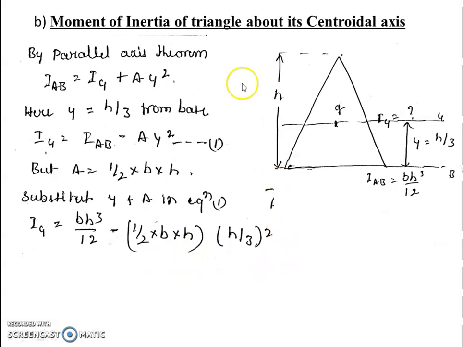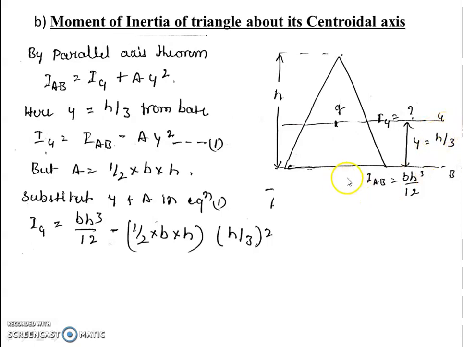Now you will see the moment of inertia of a triangle about its centroidal axis. The centroidal axis is the axis passing through the center of gravity of the triangle. I represented this line by GG and the center of gravity by small g. This is the construction similar to the earlier figure, and here y is nothing but the distance of the centroidal axis from the reference axis AB, that is at a distance h by 3. This is the distance of the centroid from the base of the triangle, h by 3. We saw this in the earlier chapter, the centroid chapter.